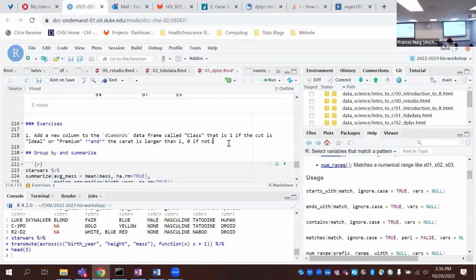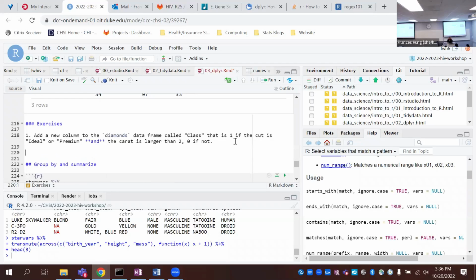So here, the new column should be dynasty their frame. And it looks like you'll have to use something called an if_else. Maybe. Let me just think about this really quickly. So again, this whole section is about mutate.